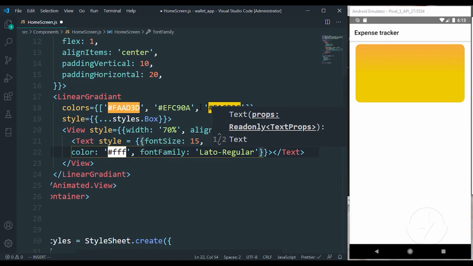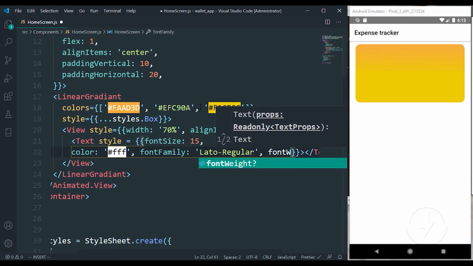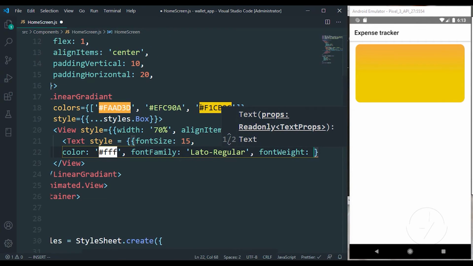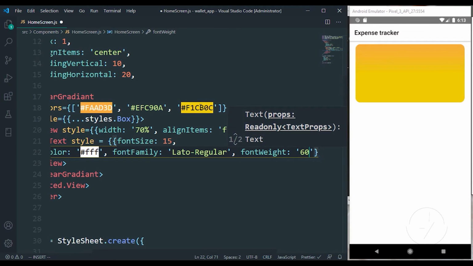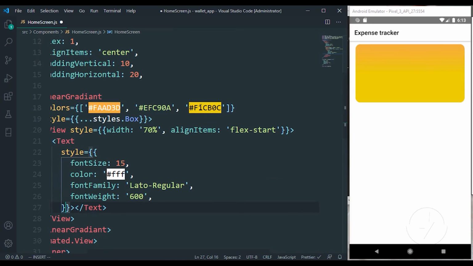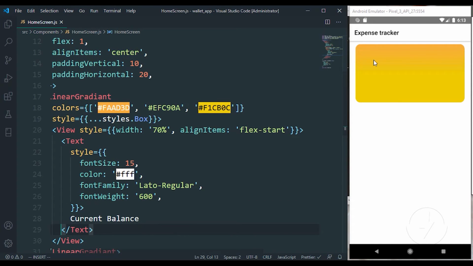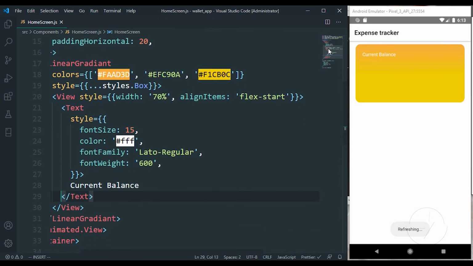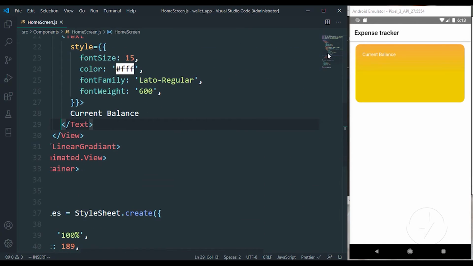Of course, we did not actually handle the issue of adding a font, but don't worry, we are just going to do that shortly. You can use a font weight of 600. So over here we have the words, current balance. So let's save that, and you can see current balance just appeared at the top.